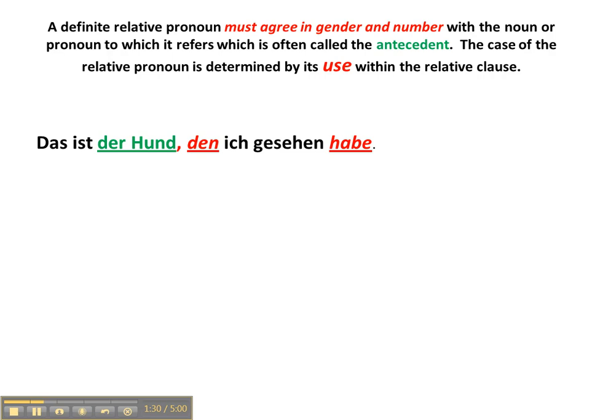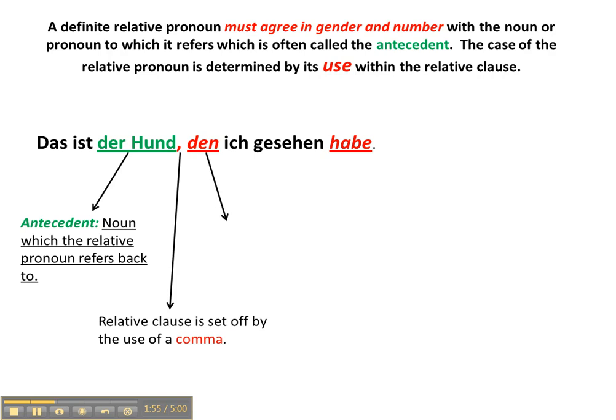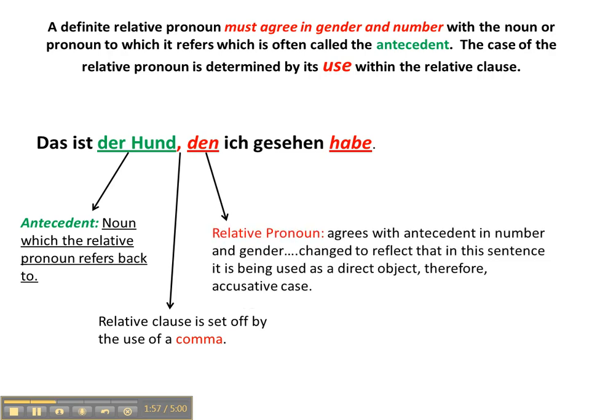Das ist der Hund, den ich gesehen habe. In English, that is the dog that I have seen. Now, der Hund here is the antecedent. That's the noun to which our relative pronoun is going to refer back. You'll see that I've used a comma to set off the relative clause, which is going to be introduced by the relative pronoun. And then the relative pronoun is going to agree with the antecedent, so it's der Hund,